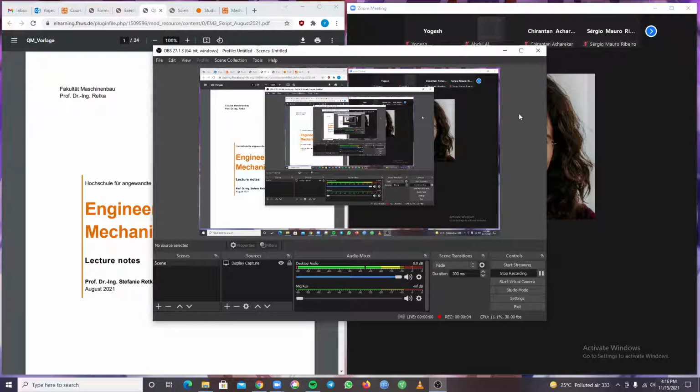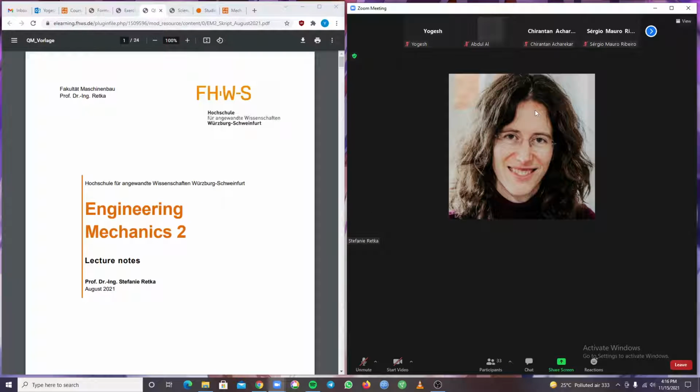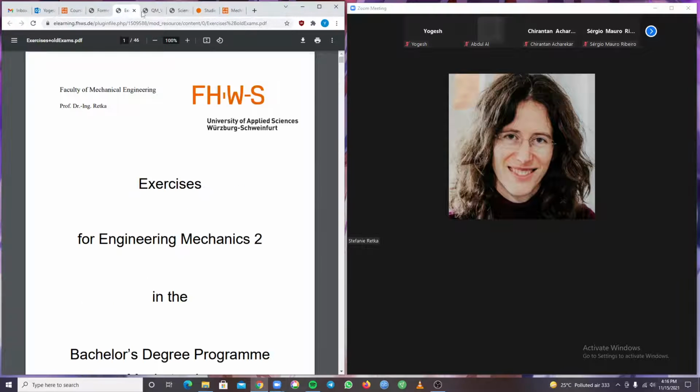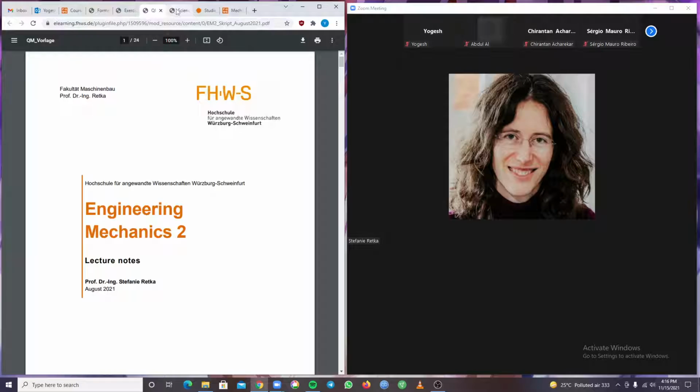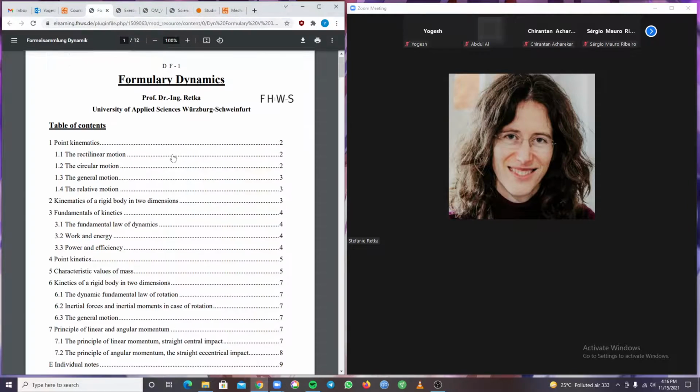Today, we will practice several examples from Chapter 4. We'll start practicing the Chapter 4 problems. Of course, it's a bigger chapter again, discussing the point kinetics. We talked about the theory and started discussing the first exercise of this chapter, exercise 4.1, which you can see